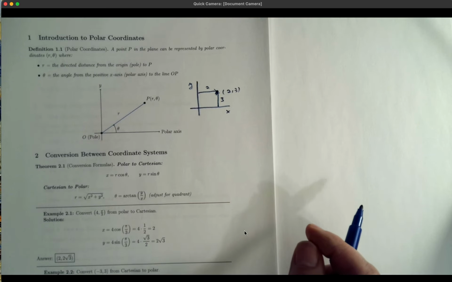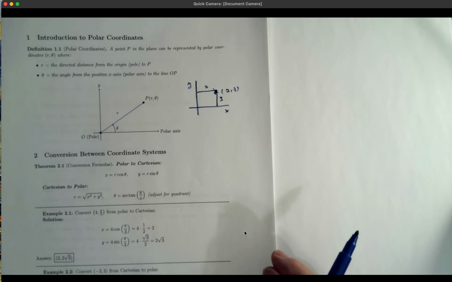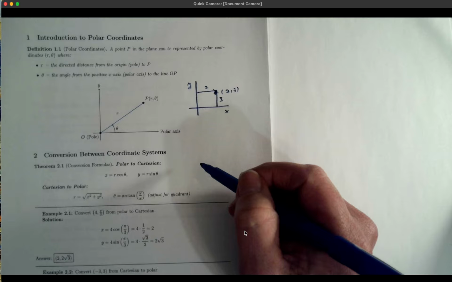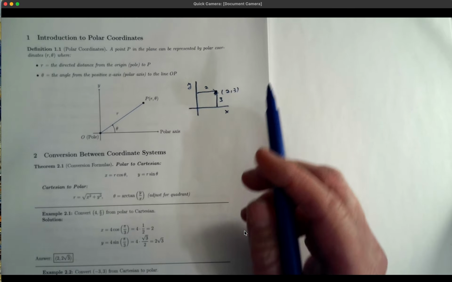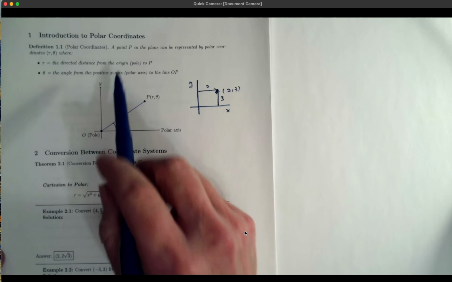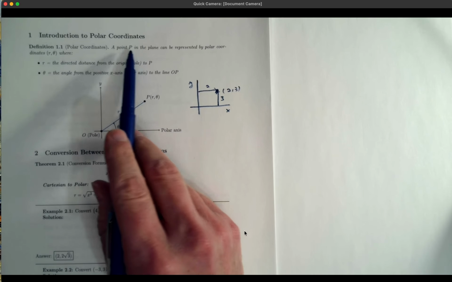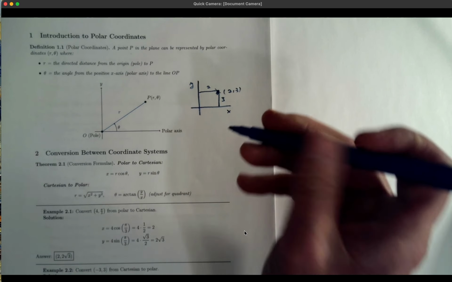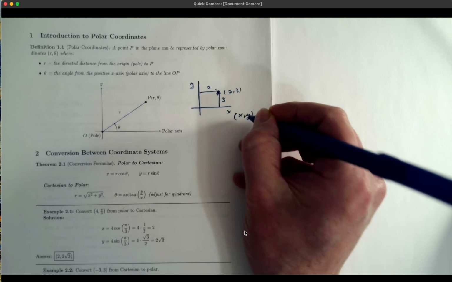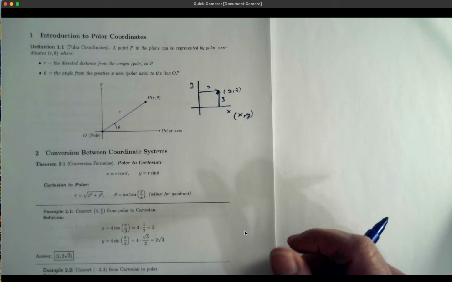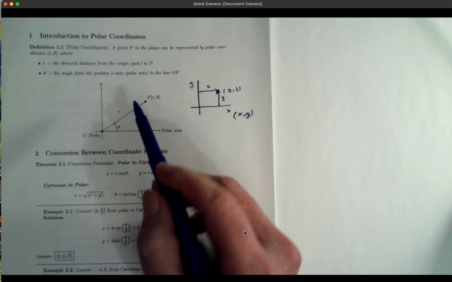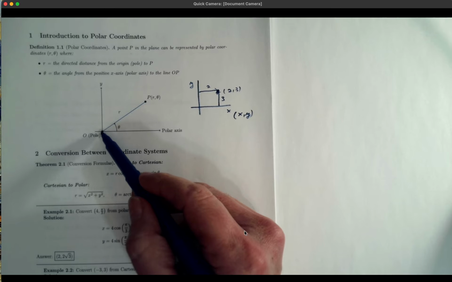All right. So instead of thinking about rectangles, because you basically get rectangles when you draw a point, let's think more in terms of angles and distances. So let a point P be in the plane. It can be represented by polar coordinates r theta. So instead of xy, like in this case we have xy, in this case we'll have r theta. What is r? So here's our point P, and r is the distance from the origin to the point, like basically the length of this line segment,